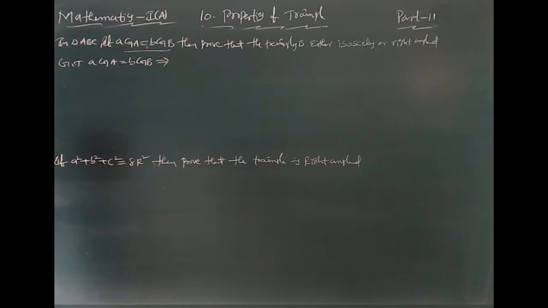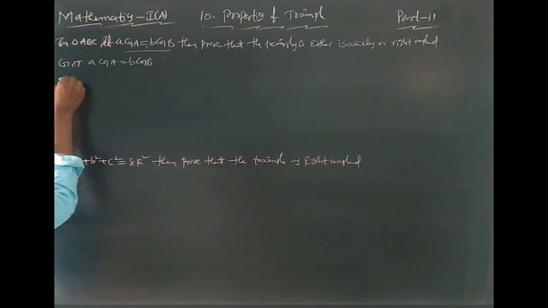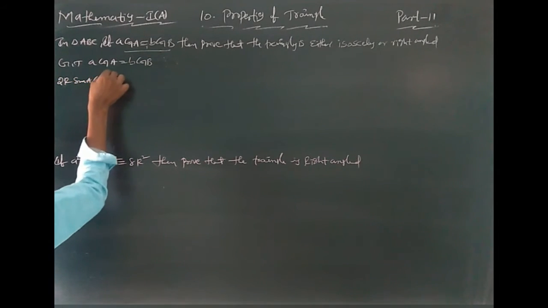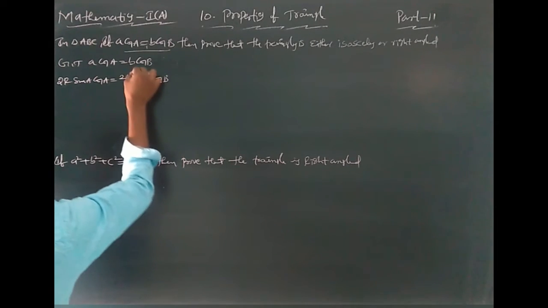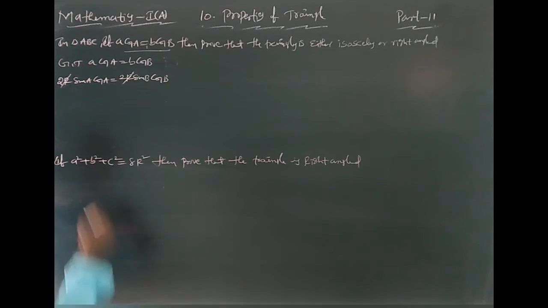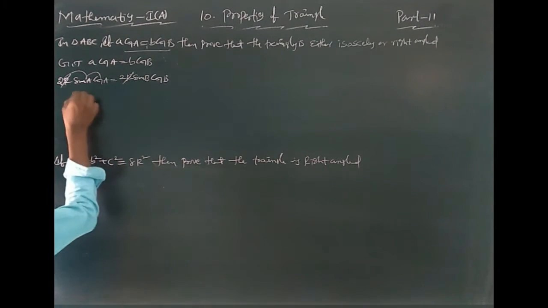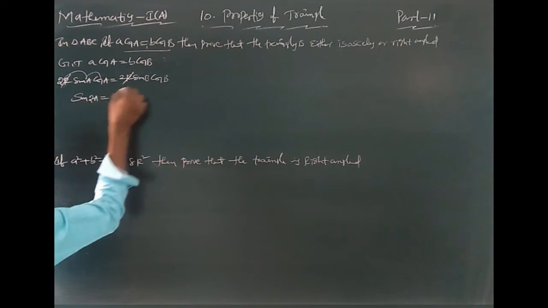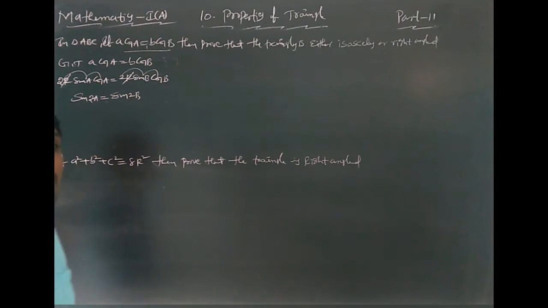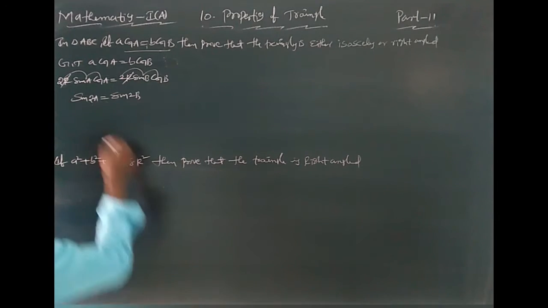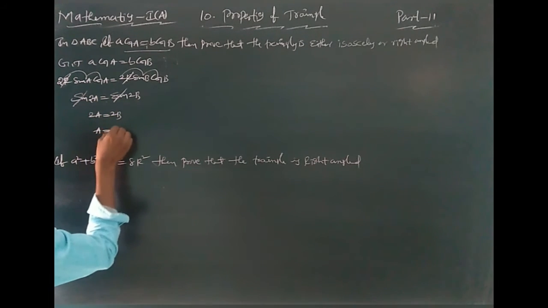By the sine rule, a cos A equal to, you can write what? 2r sin A into cos A is equal to 2r sin B into cos B. Here r gets cancelled. Remaining 2 sin A cos A. What is the formula of 2 sin A cos A? Sin 2A. Remaining here 2 sin B cos B. What is the formula of that? Sin 2A equal to sin 2B. Here sin gets cancelled, 2A equal to 2B. Then A is equal to B.